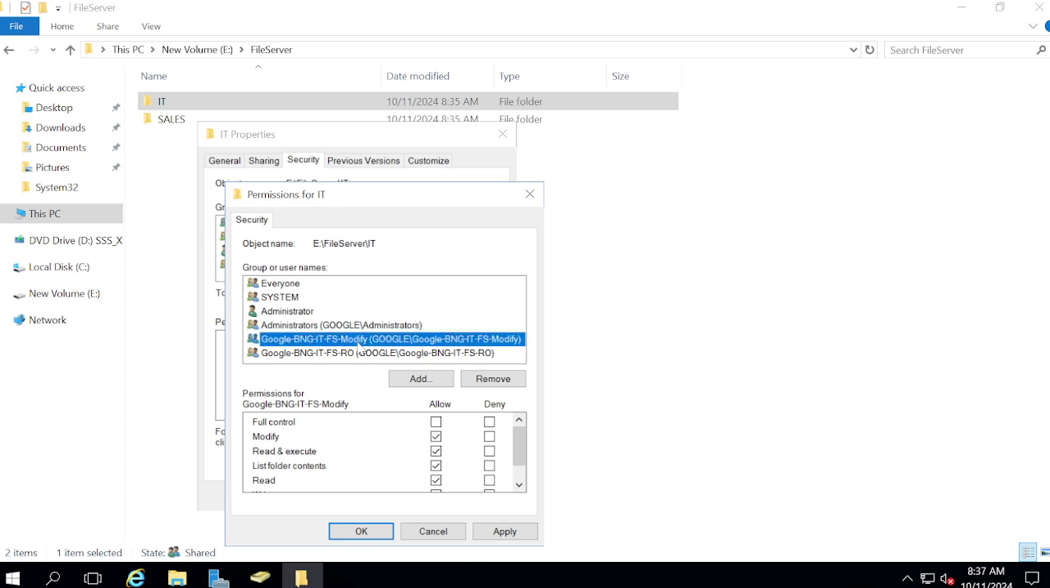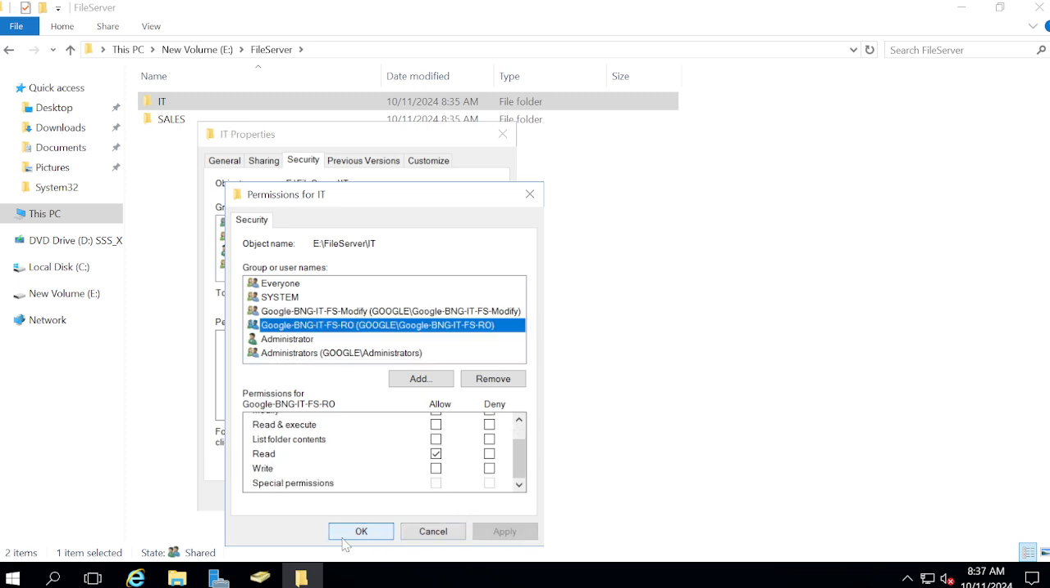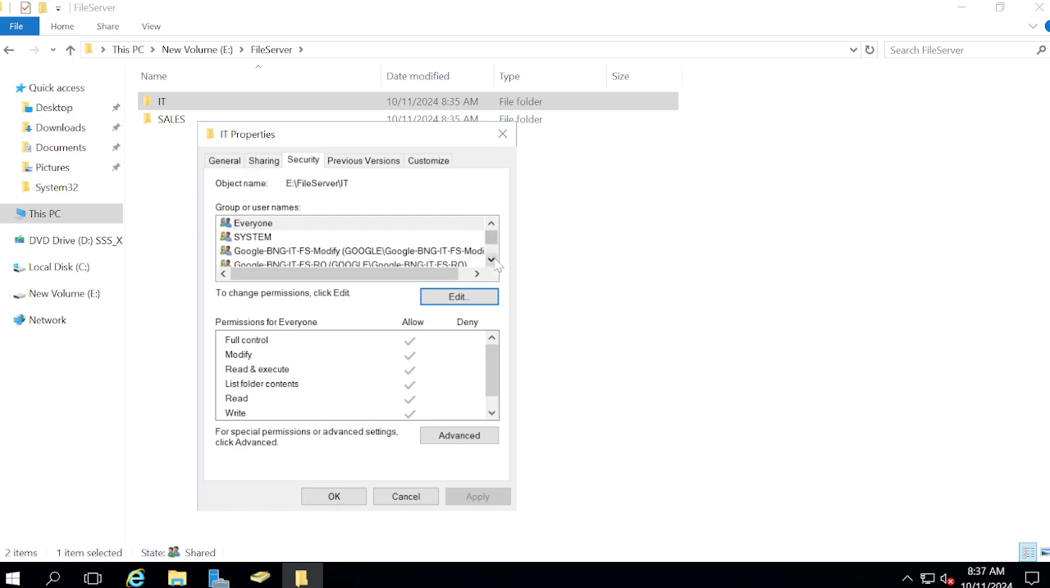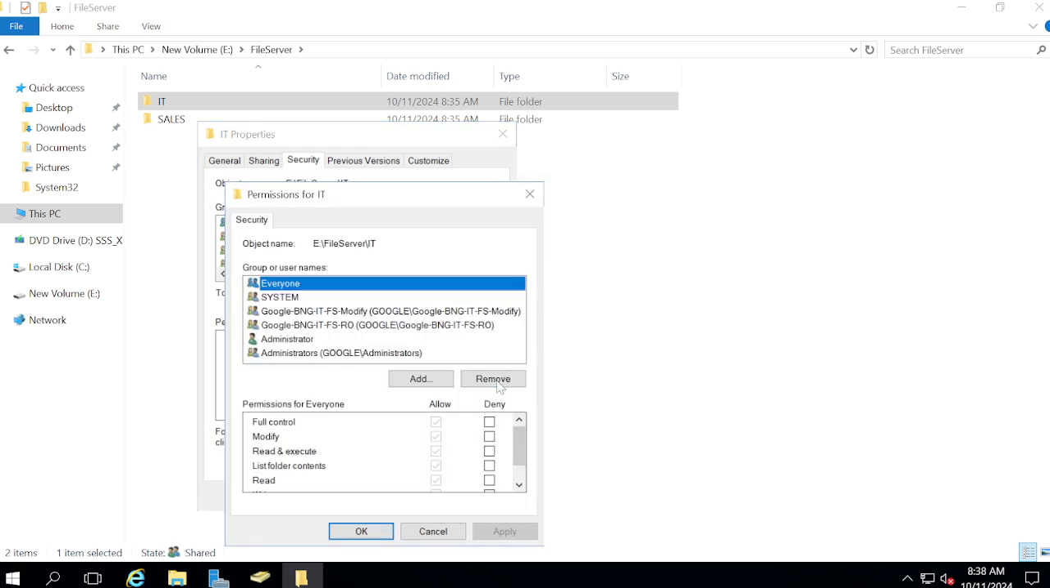Now if you see, the modify user should have modify access. See, modify group I have clicked on and I have selected modify access, and for the read only group, I will only give the read permissions. See, read permissions, apply, okay, and you can remove the others, not this one. Actually, one second, everyone is there now. First you have to remove this everyone, remove everyone. Now you have restricted,